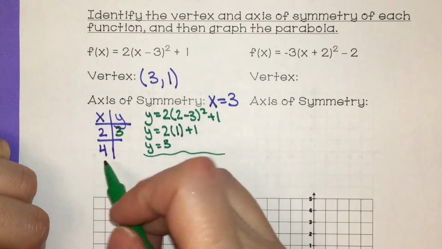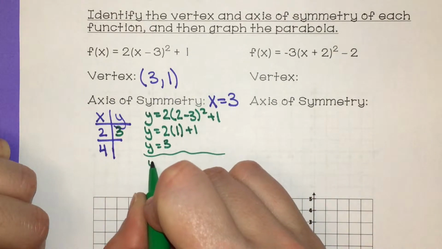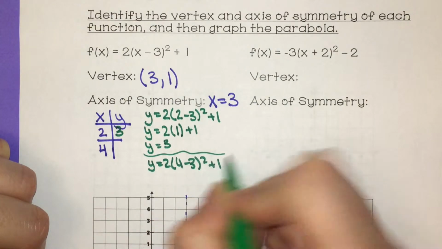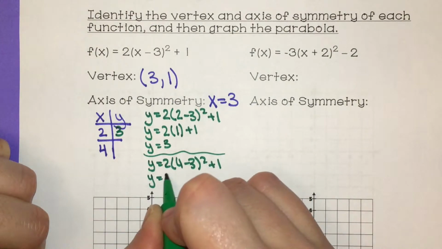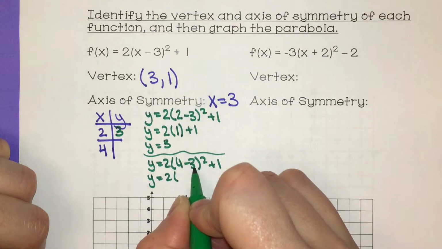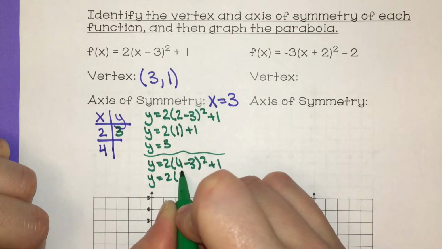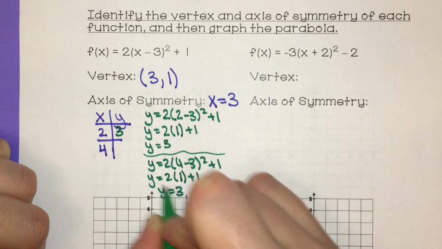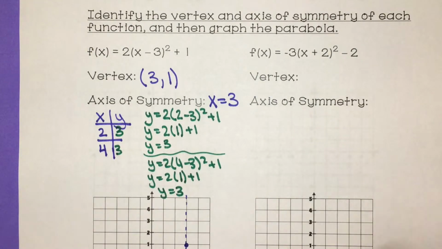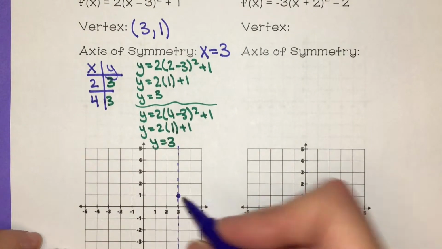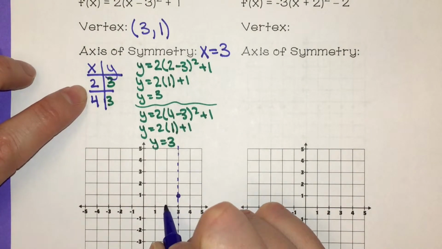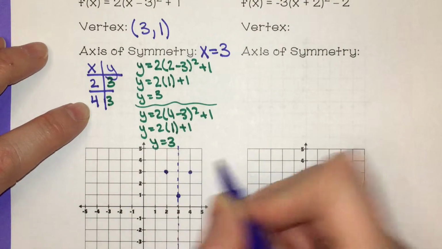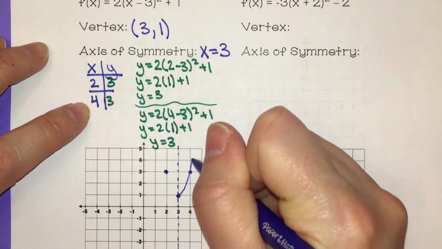And then I'm also going to plug in where x is 4. Y equals 2 times 4 minus 3 squared plus 1. Gives me 4 minus 3 is 1. 1 squared is 1. Add 1 on. 2 times 1 is 2 plus 1 is 3. So I'm going to graph those points. So where x is 2, y is 3. Where x is 4, y is 3. So you can see with the line of symmetry,